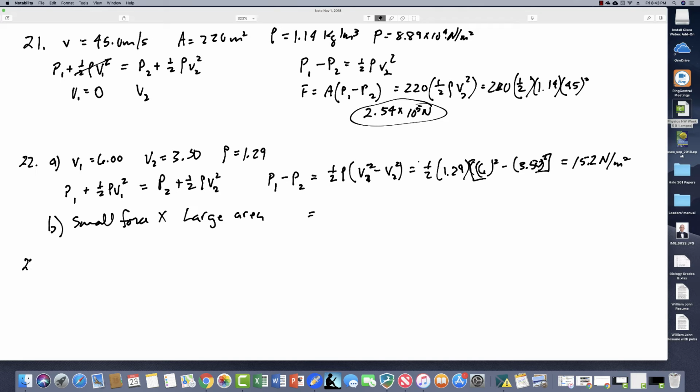Number 23. What is the pressure drop due to Bernoulli's effect as water goes into a 3 centimeter nozzle from a 9 centimeter fire hose while carrying water at a flow rate of 40 liters per second? And then the second part is, what is the maximum height that the nozzle will rise? Okay, so the first question,